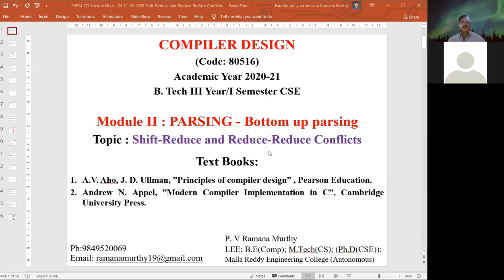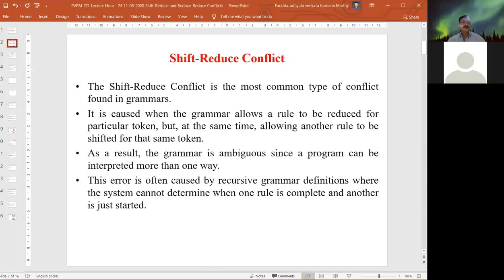That means replacing the top of the stack with the left side of the production, right? So we need to identify this today,